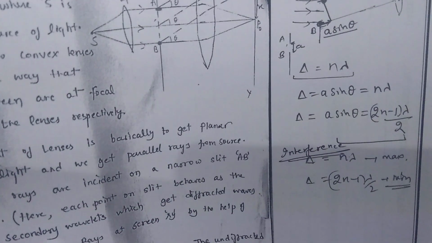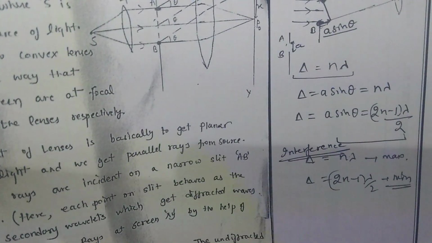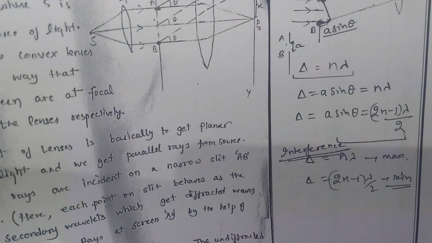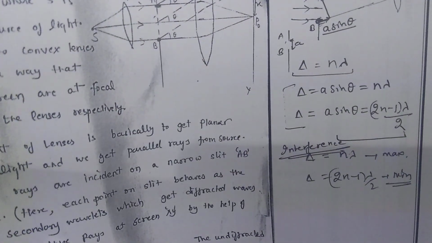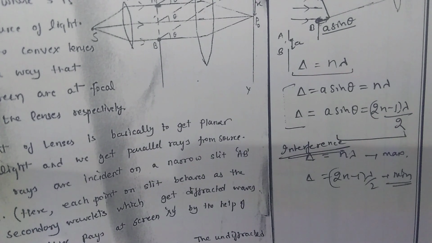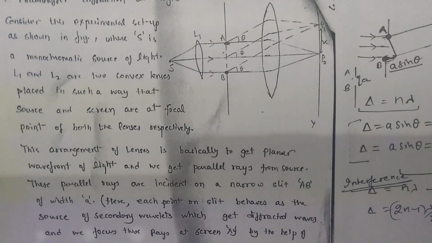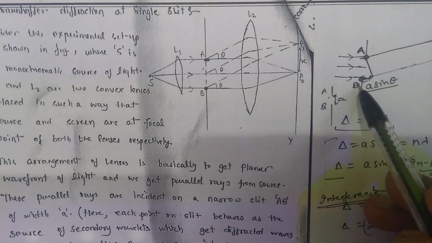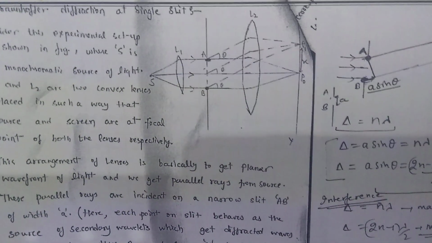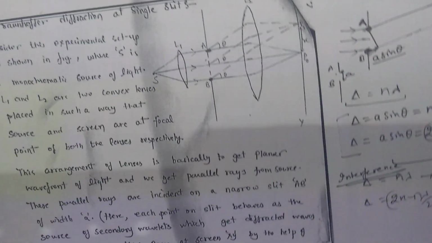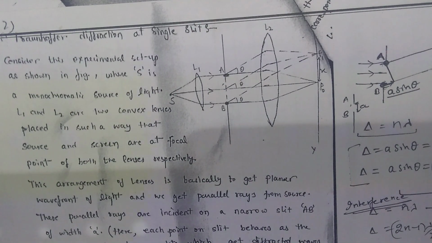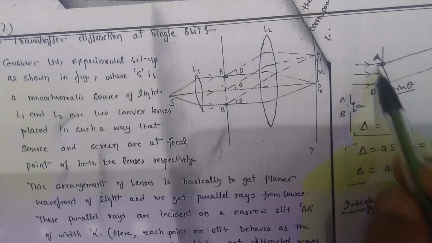But in Fraunhofer diffraction from a single slit, experimentally we get these two things, right? So how do we explain this? To explain this, let's consider a planar wavefront falling on this slit having width a. Now we will divide this complete planar wavefront in